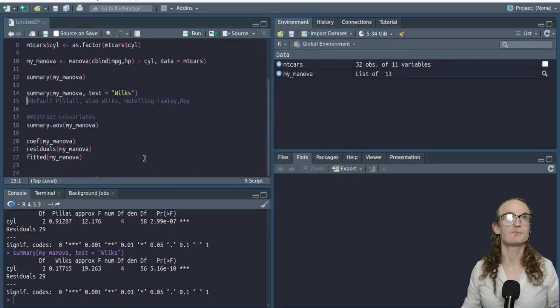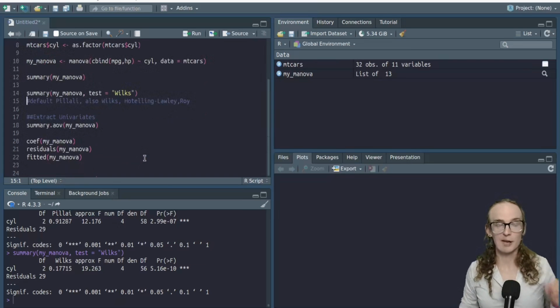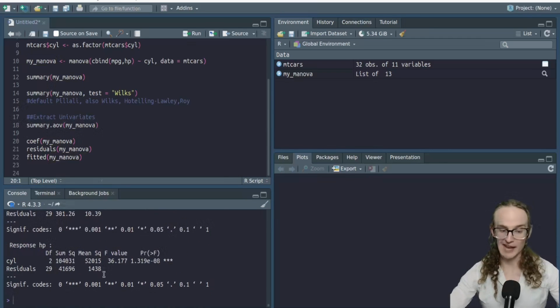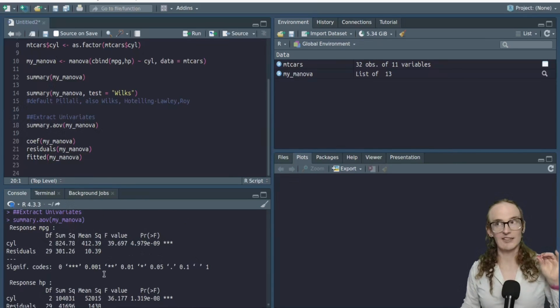Okay, now remember, when we are doing the MANOVA, we are comparing with respect to that composite dependent variable. So all we're saying is that the composite variable is influenced by this categorical independent variable, right? Just based off the MANOVA, we don't know which variable or if a single variable is significant independently, right? So to do that, we have to extract the sub-ANOVAs. And the way we do that is by going to summary, aov, and then passing in the name of our model. Now, what that's going to do, it's going to give us the individual ANOVA for each specific variable,